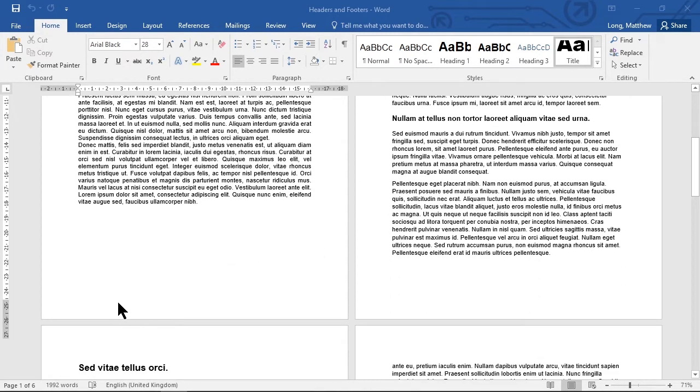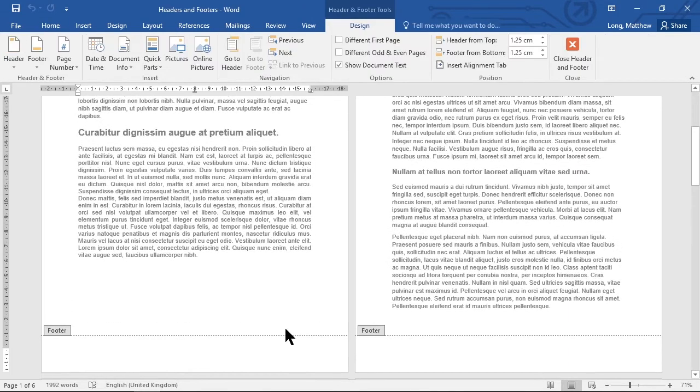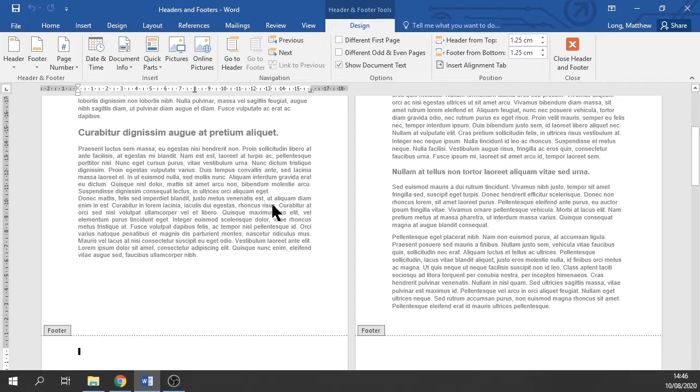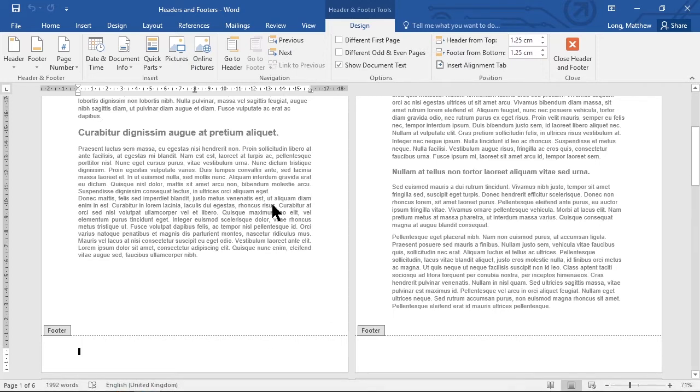This time I'm going to add it by right-clicking in the footer and choosing Edit Footer. And I've got 2 blank footers, so let's put some information in. Let's put the title of the piece of work, so headers and footers, and then I need to put some more information in. Now, the best way of separating out our information in our footers is by using the tab